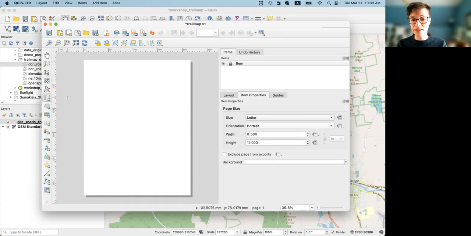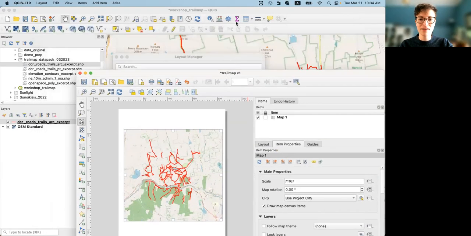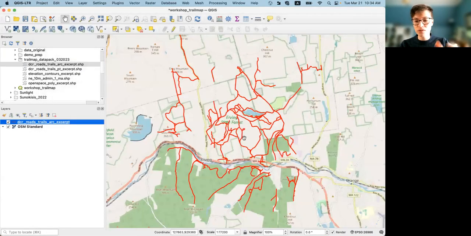If I activate that button, I now have a little crosshair tool, and I can draw a box, a rectangle. You see this rendering map information, and then it pulls like a window. We're now looking into a window at the map that is back here, hiding. It just pulled all the information. It pulled which layers I have. I currently have just this hike line, the trail line, and this base map. It pulled the symbology,